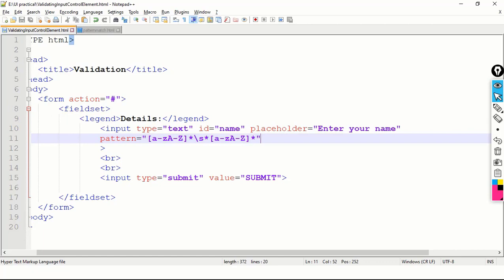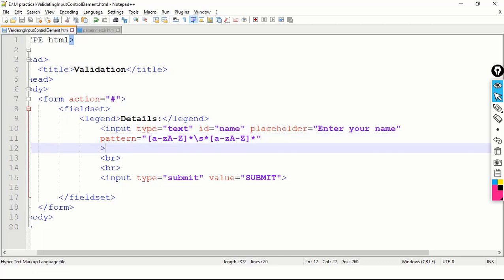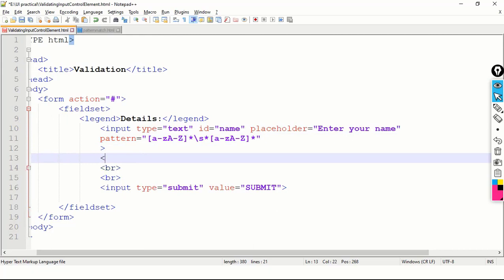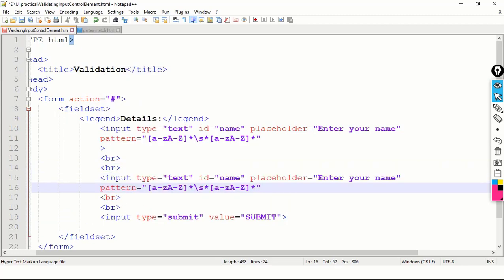Now I am taking one more input control element here, br, and here pattern.